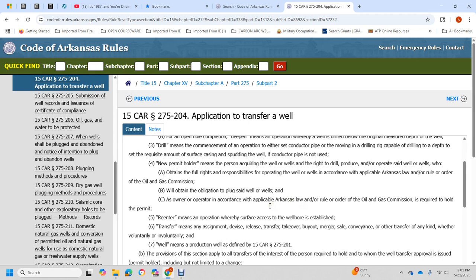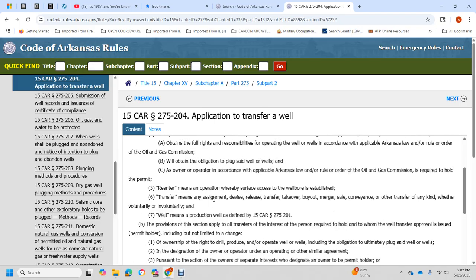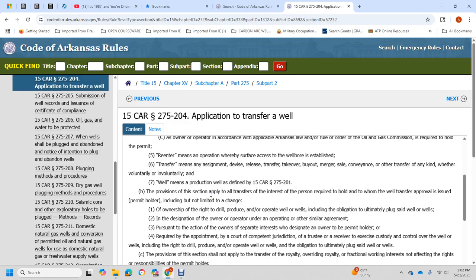Transfer means assignment of the device, release, transfer, takeover, buyout, merger, sale, or other transfer of any kind, whether voluntary or involuntary, for the production well as defined in Title 15 Arkansas Rules 275-201. The provisions of the section apply to the transfer, including the entry of the person required for the whole of the person in whom the well transfer is issued, the permit holder, included but not limited to change over of the ownership of the right to drill, the producer, or the operator of the wells, including the obligation to ultimately plug said well if the designated owner or operator of the owner of the operating